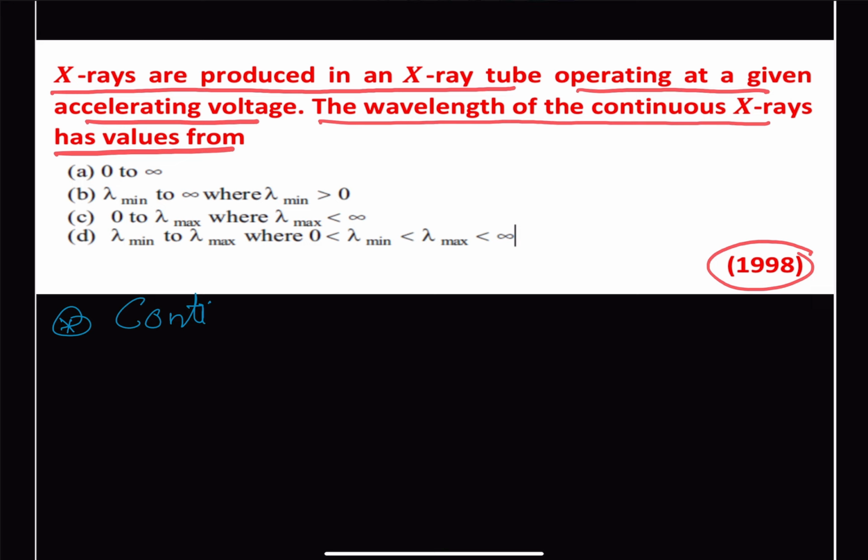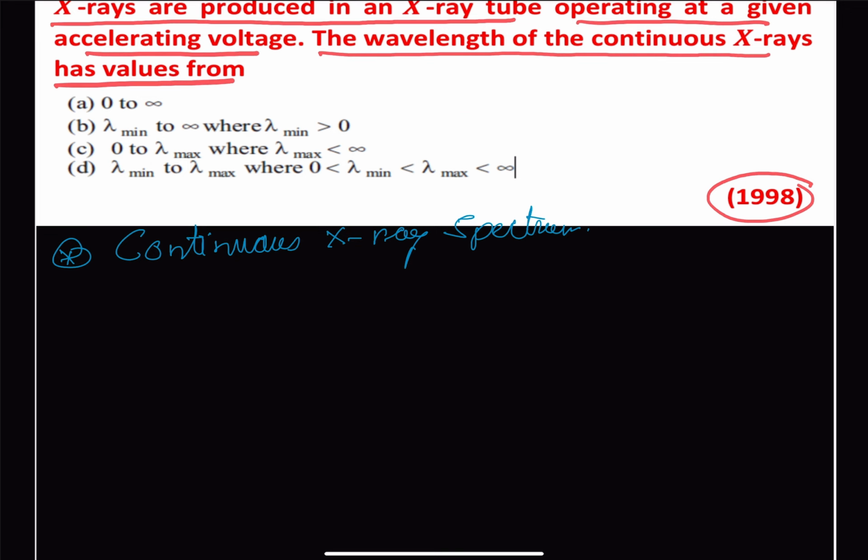It is called a continuous X-ray spectrum, and there is a technical term associated with it. It is called Bremsstrahlung. It is a little bit typical. This is BREM, double S, TRAHLUNG. This is the technical term, which is also called a continuous X-ray spectrum,